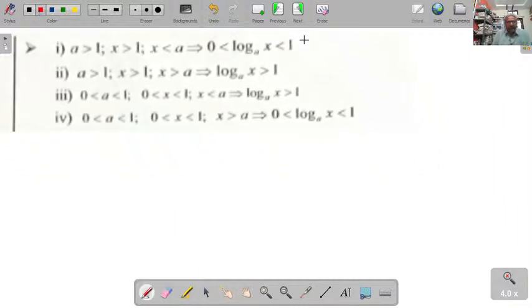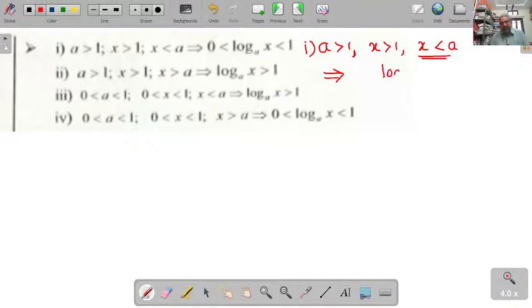Now we have been discussing logarithmic inequalities. They are very, very important. Here the first one is, when a is greater than 1, x is greater than 1 and x is less than a. So this is the first point. Let's have a clear discussion about this one. If you apply the logarithm to the base a, what happens? When a is greater than 1, x is greater than 1 and x is less than a,